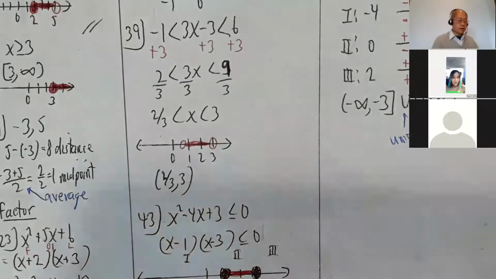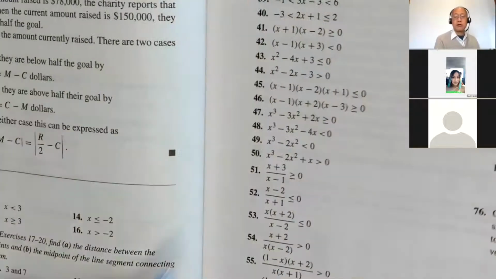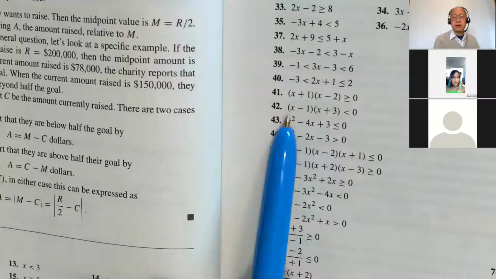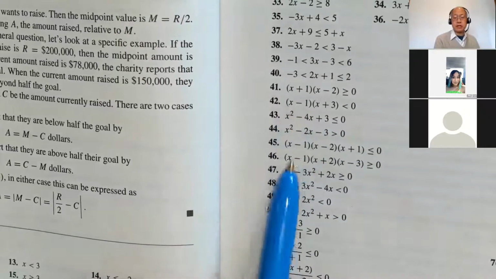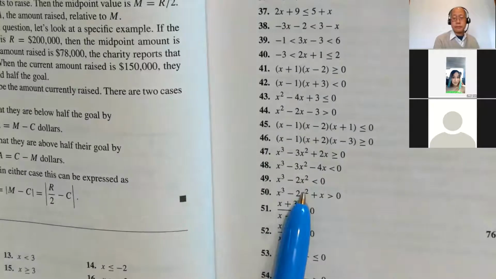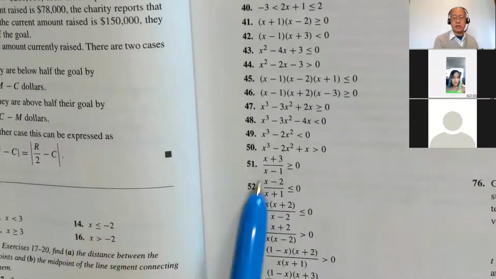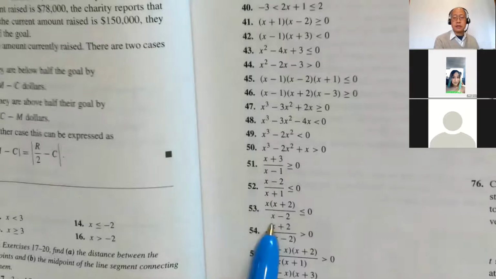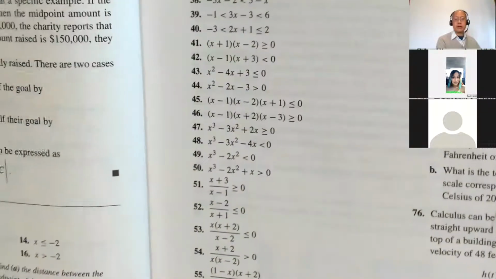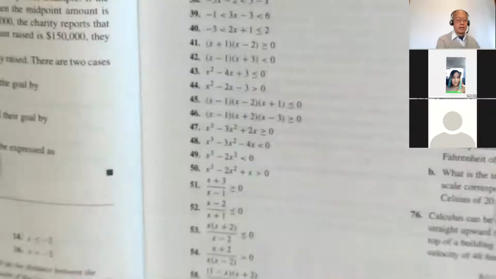And now much harder are these kind of inequalities. They're not linear. Okay, they've got squares in them and cubes and all that. There's a certain process for doing these. Okay, so these are a little bit tougher, and there's even some fractions. So I'll show you how to do something like that and something like that.